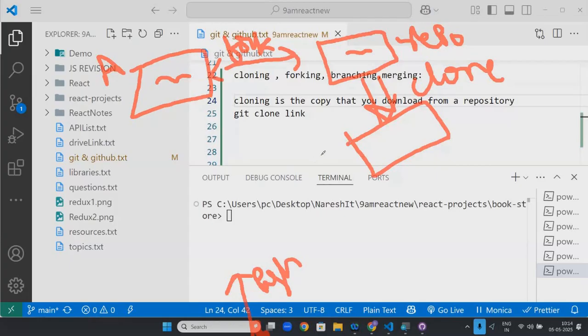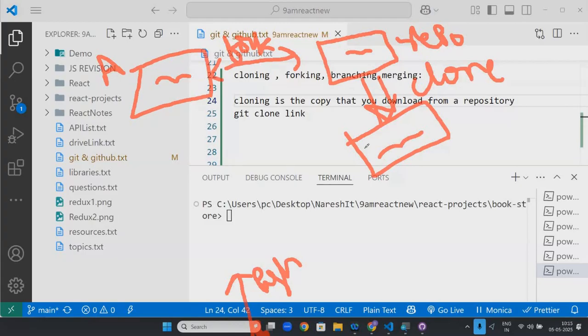Then after doing this, B will do some changes. Like Vijay did the one calculator, what did Prasad do? He forked it. After forking, it came to Prasad's account as Prasad's calculator. Now Prasad thinks, anyway it came into my account, I will just clone it, download it.